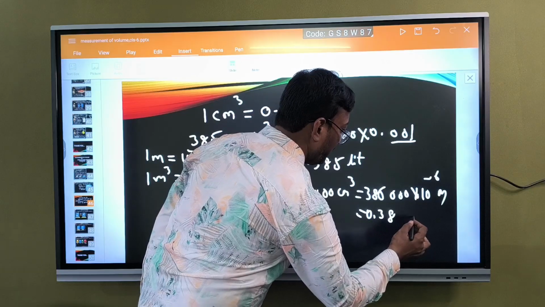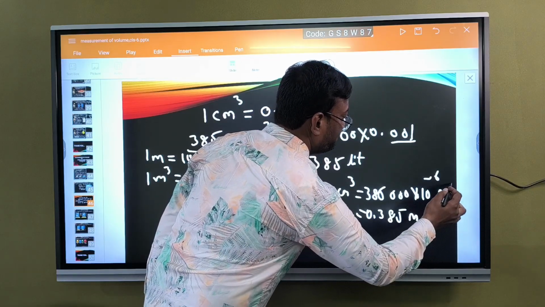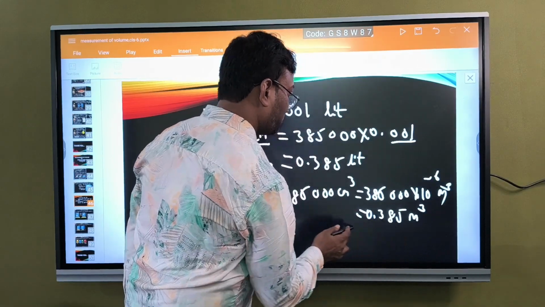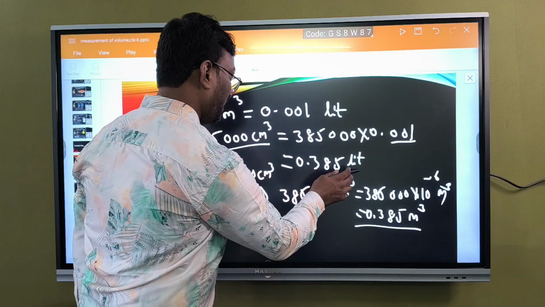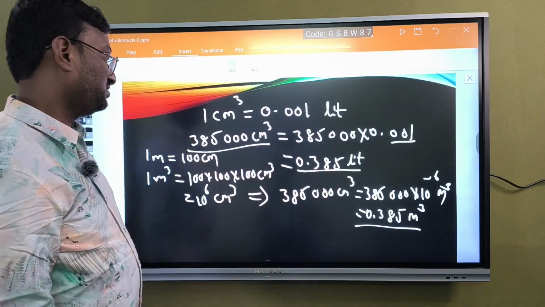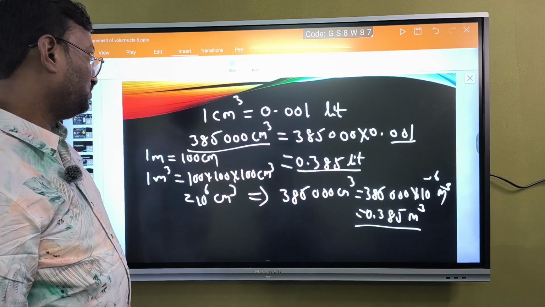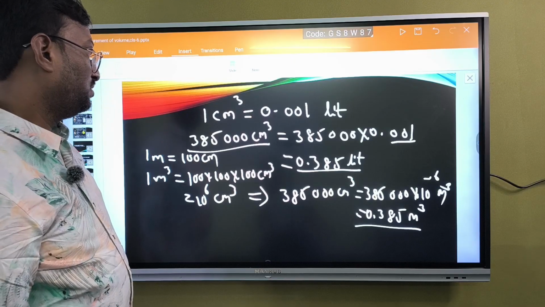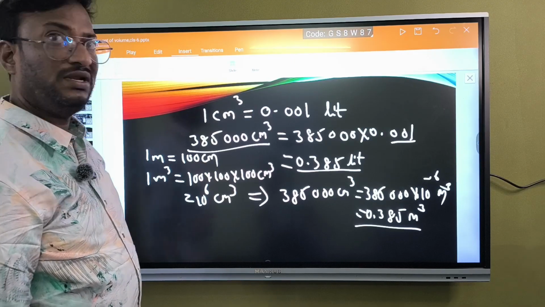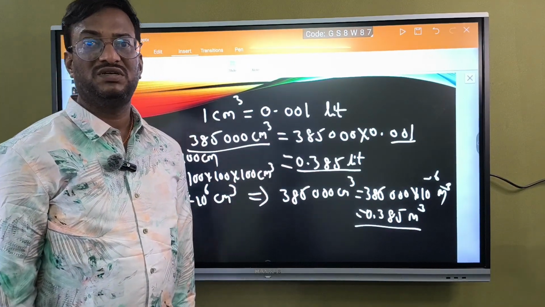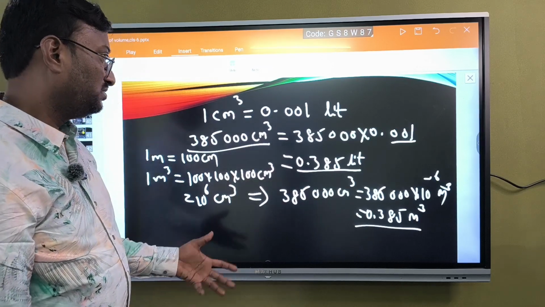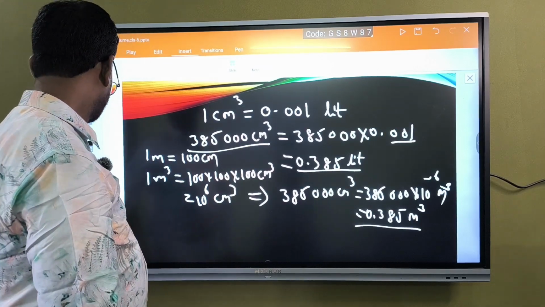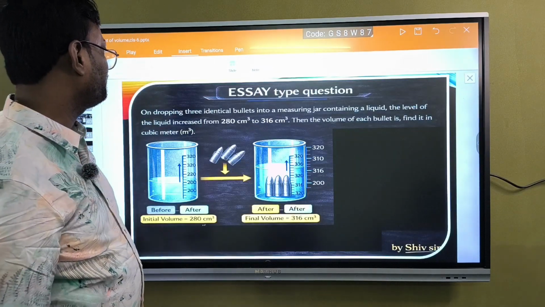0.385 meter cube. 0.385 in terms of meter cube and 0.385 in liters also. Okay, 385 in liters. So likewise we can get the answer. Next one,